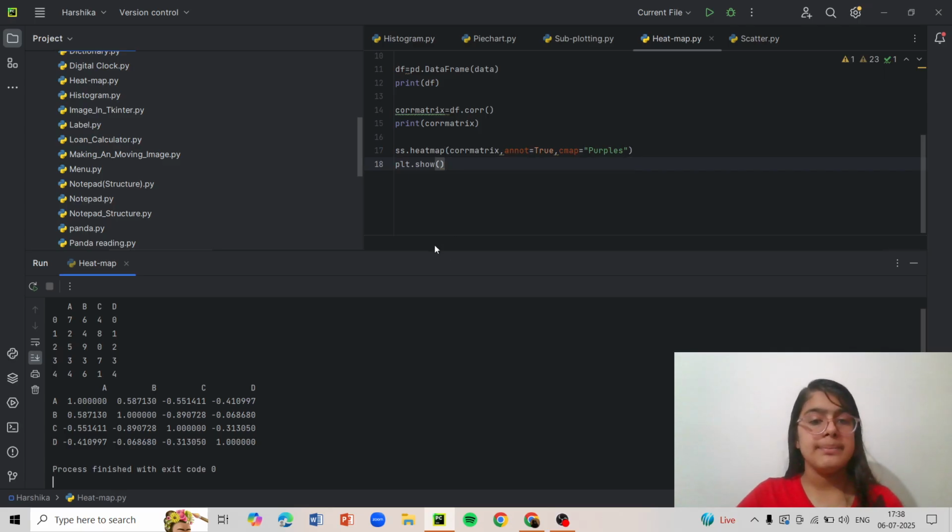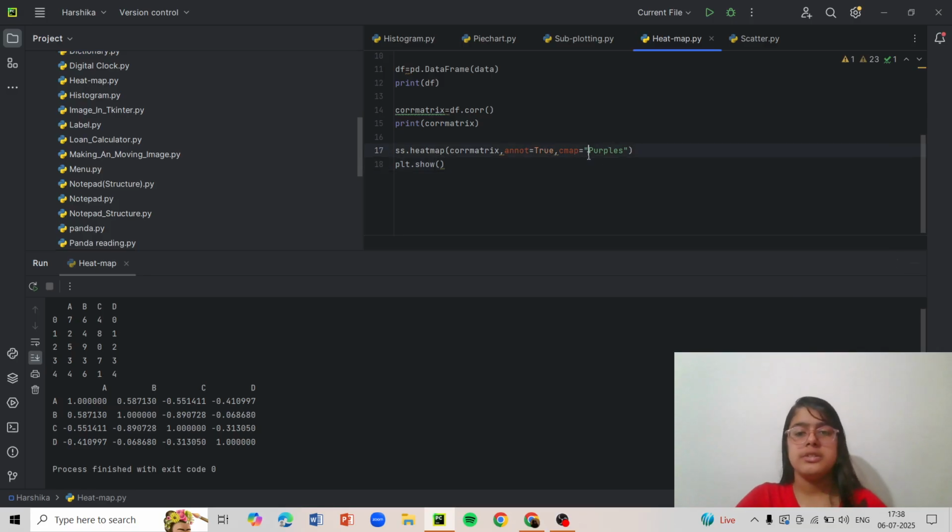Next, I've used sns.heatmap. sns is nothing but seaborn, what we imported right now. And then in the bracket there is the corr matrix, which is a comparison. annot is equal to true. It is just an argument, and then cmap. So I'll just put another color. Let's try cool.